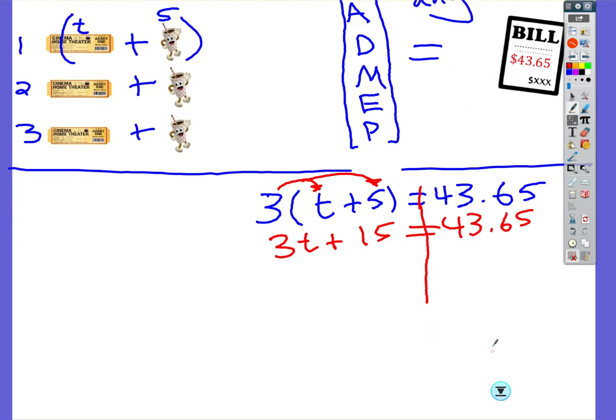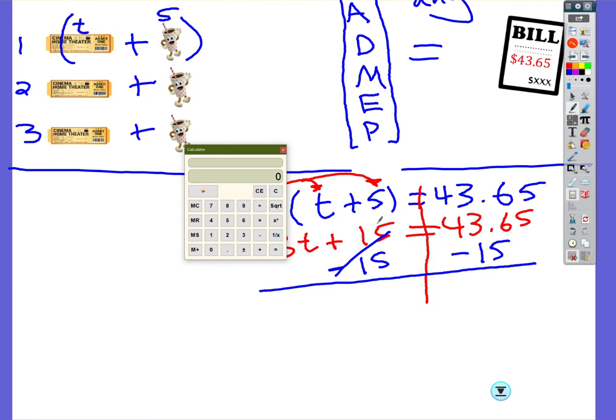So now, at this point, I can just reverse the order. So I've got addition and subtraction. I'll take that plus 15. I better undo it with the opposite operation. I'll subtract 15 on both sides. So that cancels out, and we'll just do that math really quick. We got 43.65. Let's subtract off 15. That gives us 28.65. So I get 3t equals